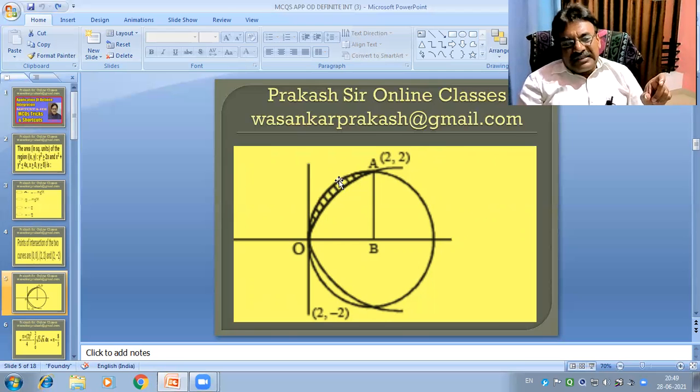So therefore here, this required area, this is the point of intersection, this is origin O(0,0), A point that is (2, 2), lies in the first quadrant. Suppose this point is B point, and this is (2, -2), lies in the fourth quadrant. And then we find this area. So we find this area, that is the area of this quadrant of the circle, area of the first quadrant of the circle minus this area, that is the area of the arc